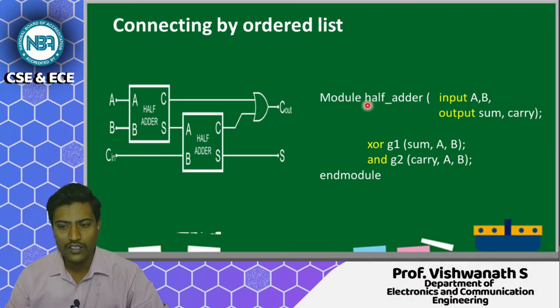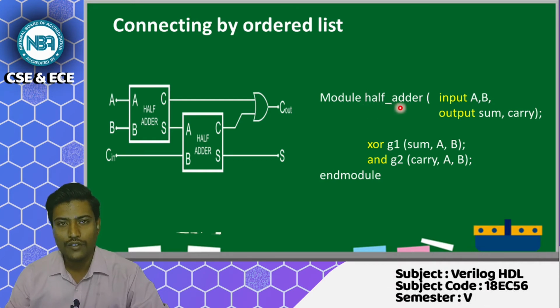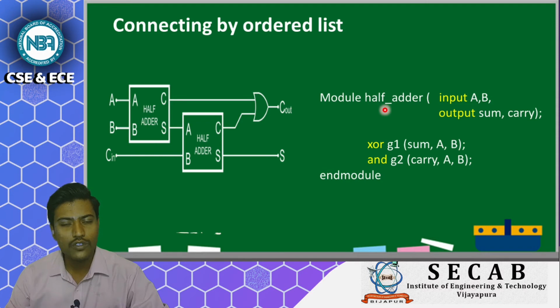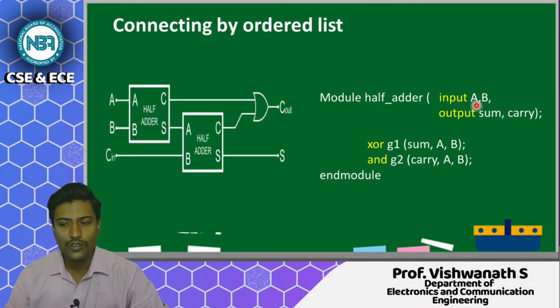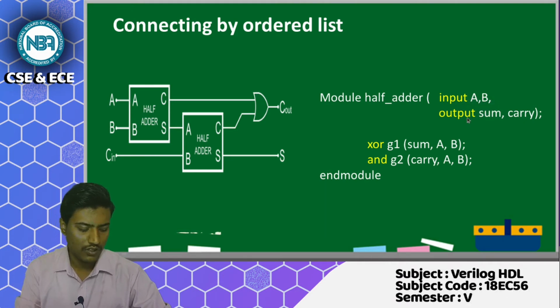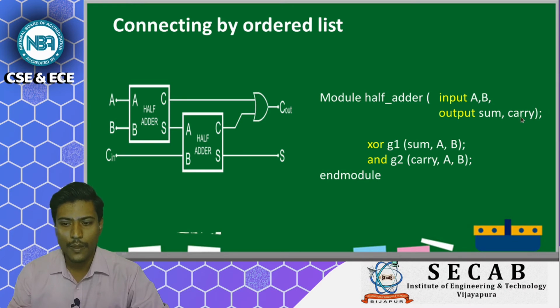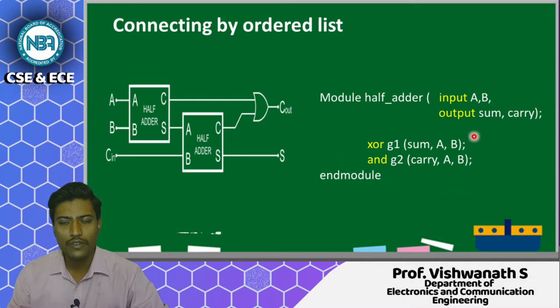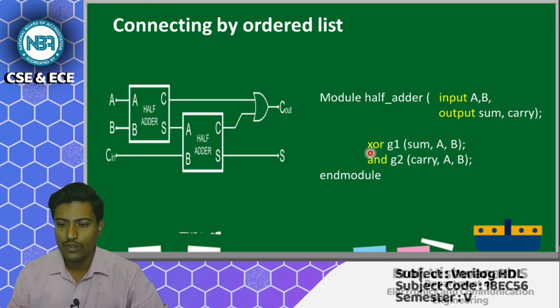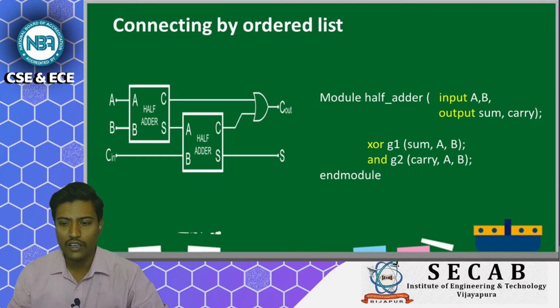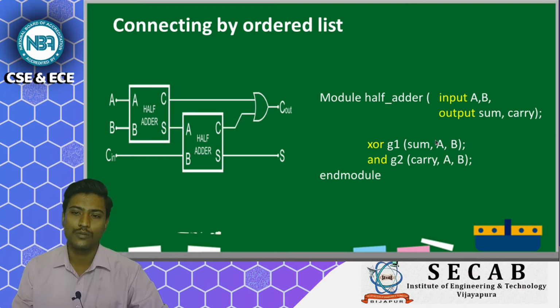Now if you look at this, the name always starts with an alphabet, but after the alphabet we can use special characters. Then I call two different things, that is input A, B and output sum and carry. I have written this particular module using gate level modeling, with one XOR gate and one AND gate, which we will see in gate level modeling, how the code is written.